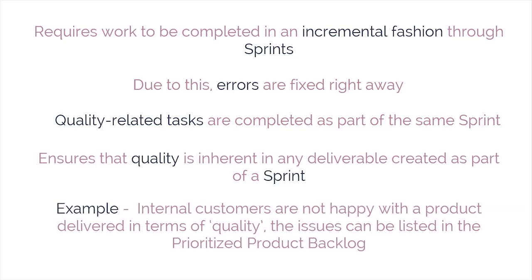For example, if internal customers are not happy with a product delivered in terms of quality, the issues can be listed in the prioritized product backlog. These kinds of issues will be addressed during the sprints, and the team will try to fix them so that quality is not compromised. Thus, continuous improvement with repetitive testing optimizes the probability of achieving the expected quality levels in